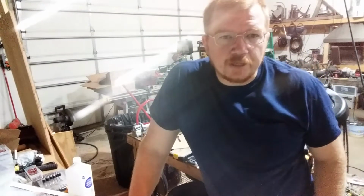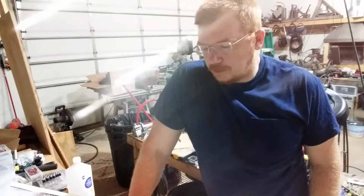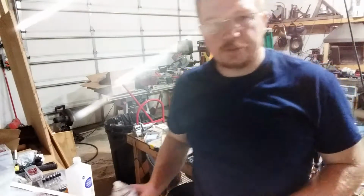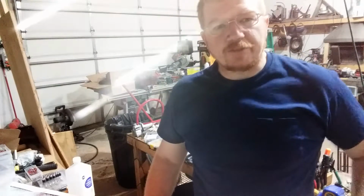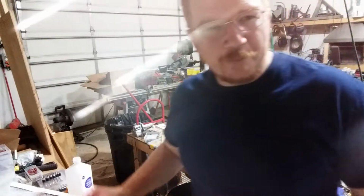Hey folks, I'm going to try to give you a quick rundown of how to do toner transfer for acid etching here real quick. I've been getting some really clean results with this method, so I thought I'd share it with you guys. I made a video of it about, I don't know, 5 or 6 years ago, and it wasn't a very good video. This one won't be either, but